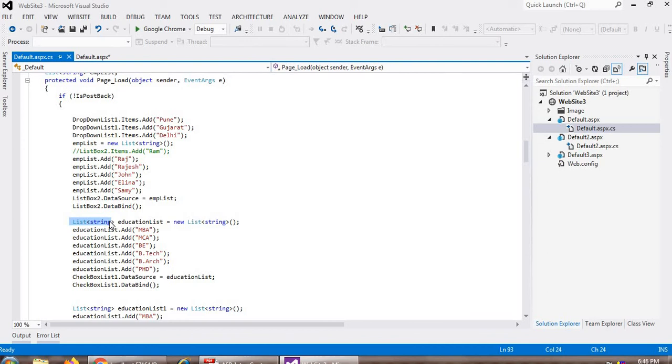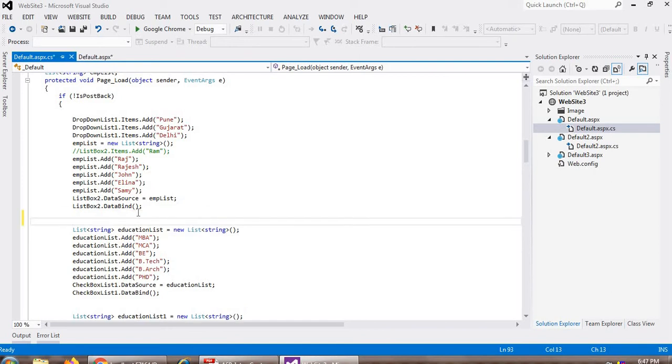Then I can specify inside the brackets string, and education list, it is my object, equal to new List, and inside the brackets string, then brackets finish. And then with the help of the object I can use the Add method. This is my object, right? And Add bracket MBA like this.